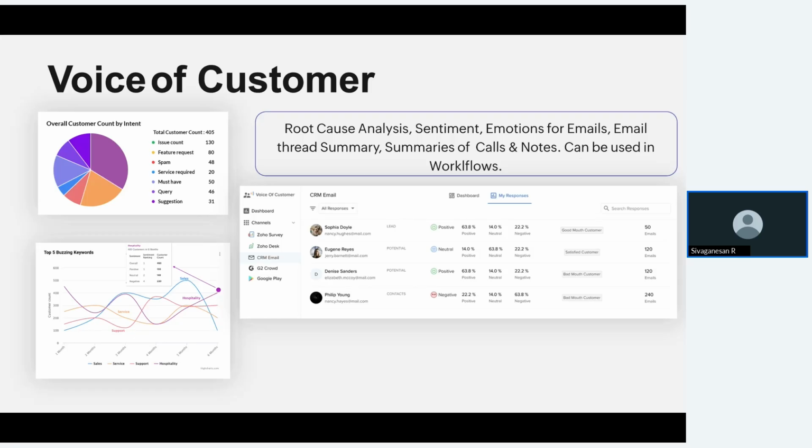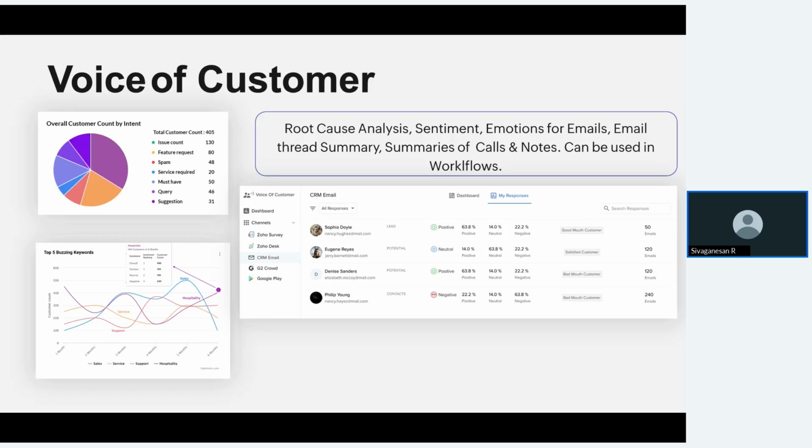or what are the most requested topics, or the most common emails that we have received from our customers. Are they asking for a product release or a new launch, or are they asking for discounts or anything? This kind of information we will get from the CRM itself. Using Zia sentiment analysis, we will be able to figure out this kind of customer behavior. This will help a lot of business people to scale up their process.